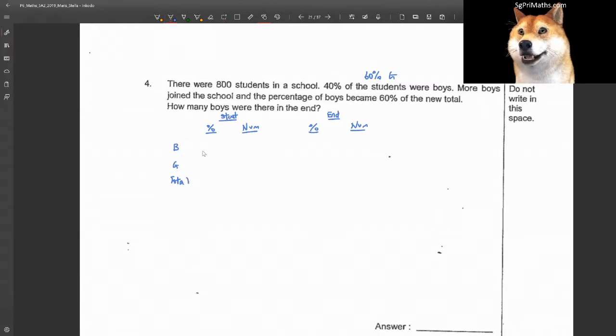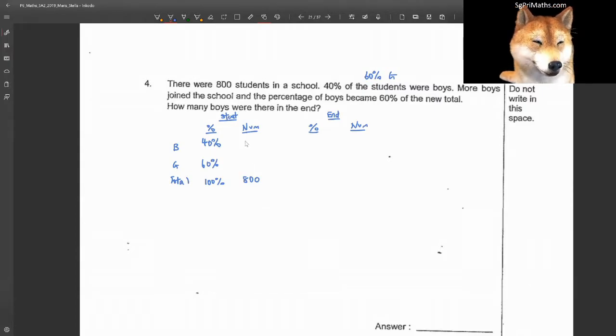Okay, at first there were 800 students. This is 100%. This is 800. 40% of the students were boys. 40% here. Girls is 60%. It adds up to 100%. So we can find the numbers here first. 40% of 800 will give you 320. Then 60% of 800 will give you